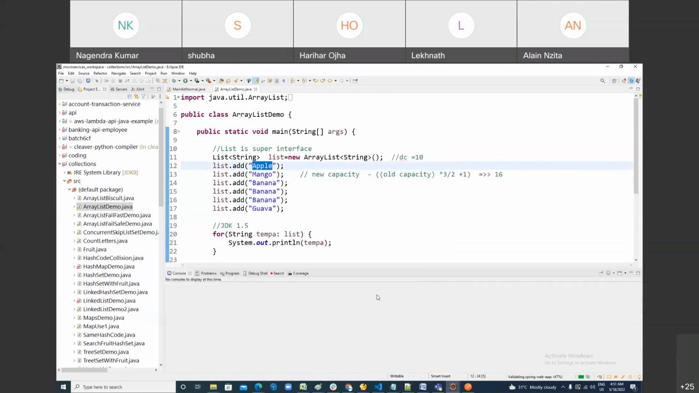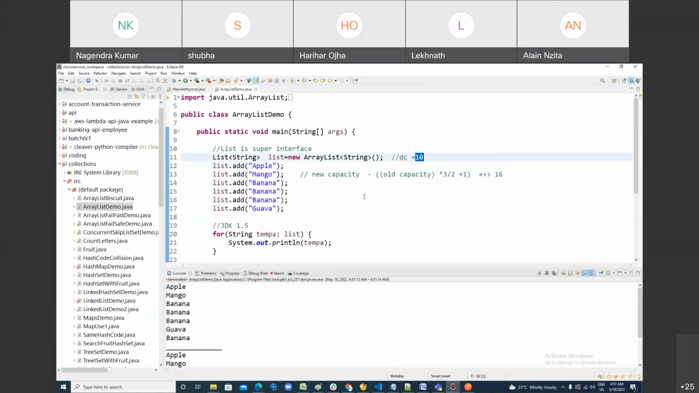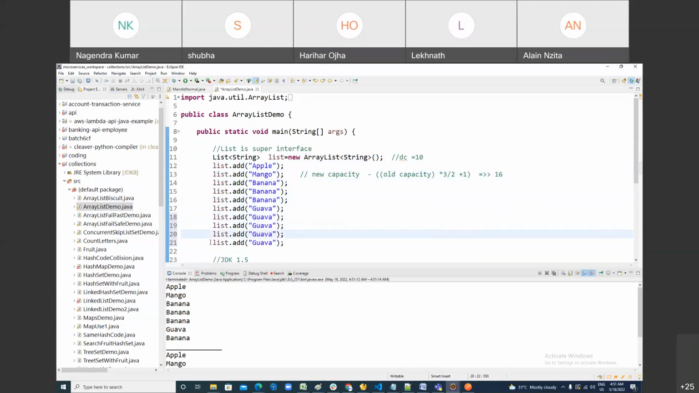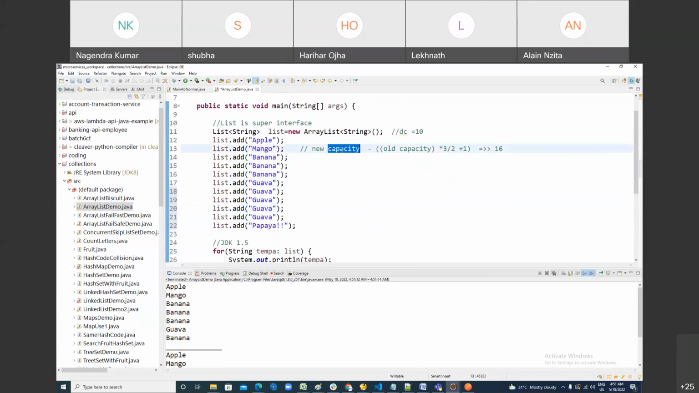You guys are not replying. Dynamic in the sense means we can change any time, right? No, no. Dynamic means suppose you are adding elements beyond 10. Suppose I am adding elements: 1, 2, 3, 4, 5, 6, 7, 8, 9, 10. The moment you add an 11th element, like papaya, what happens? It would increase its capacity